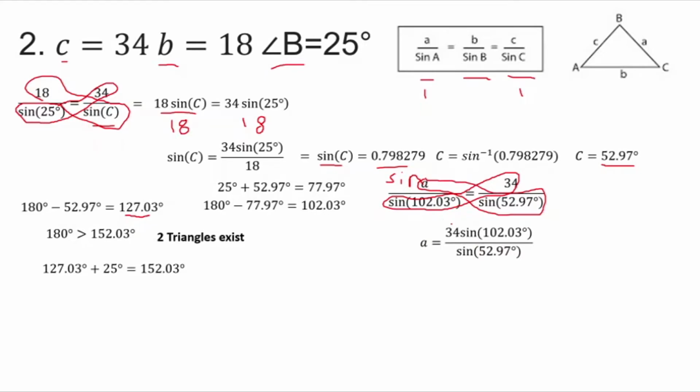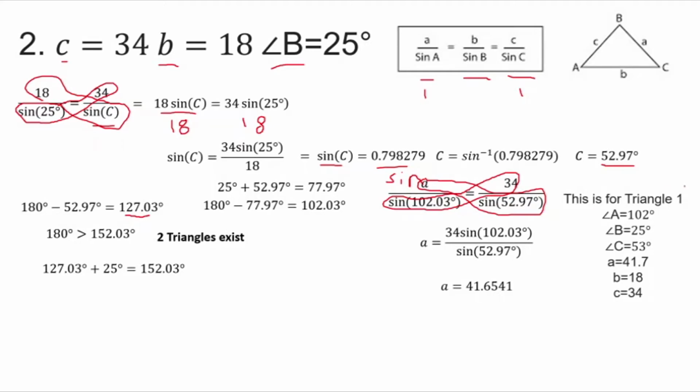So here you will get 34 sine of 102.03, sorry, over sine of 52.97. A equals 41.6541. So for this triangle, which is triangle number 1, you would get A equals,